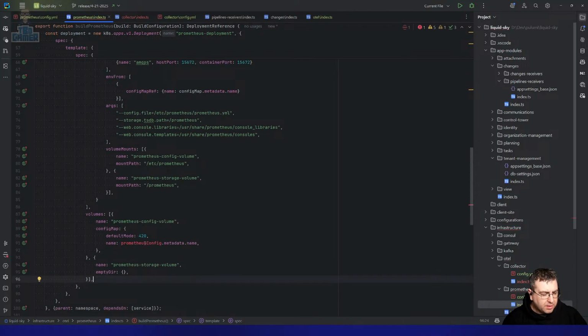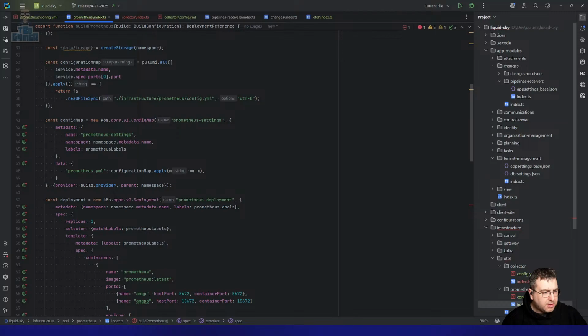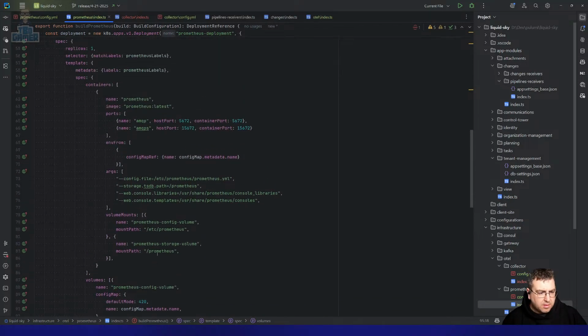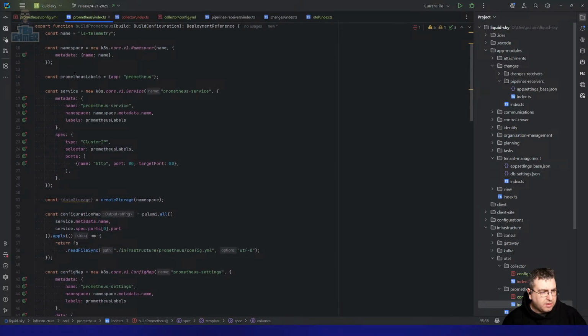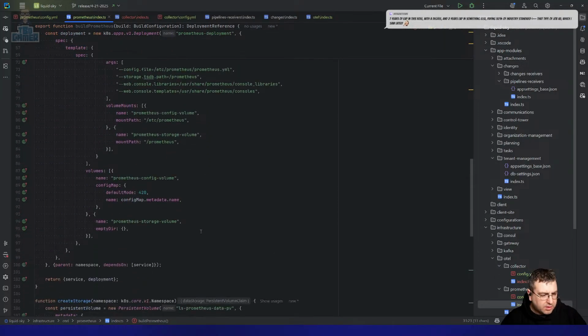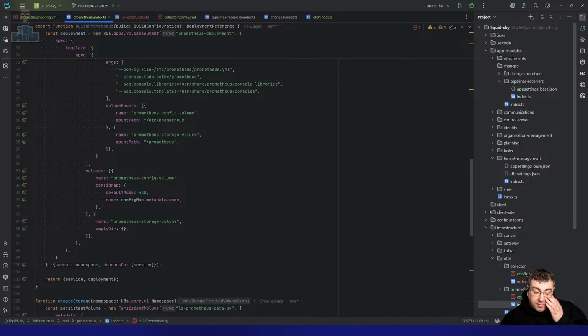Volumes goes there. So that's going to be config map again, isn't it? Yeah. Prometheus config volume. That gets etc. Prometheus. Prometheus storage volume. I did create storage for these. Yeah, create storage, data storage. The configuration map needs to be there, but storage wise,